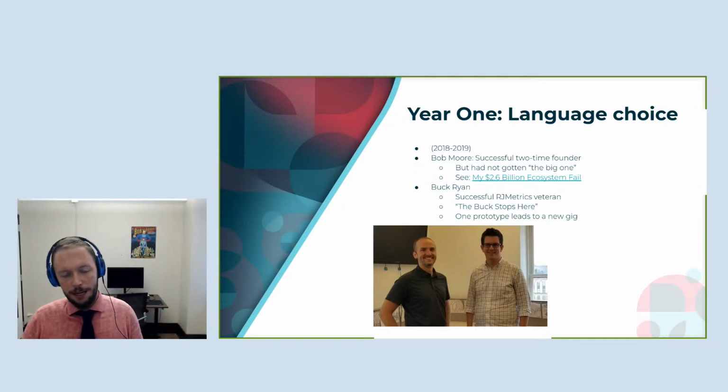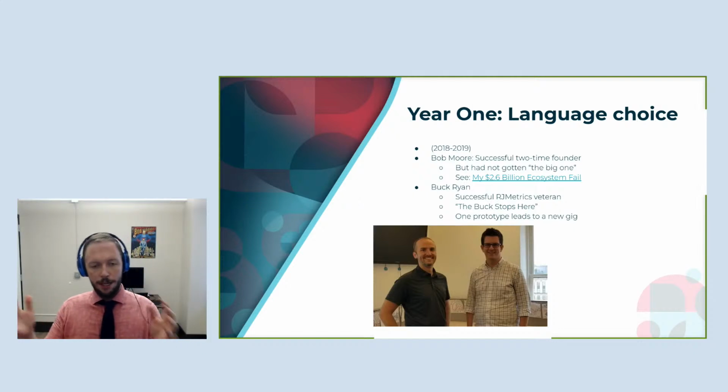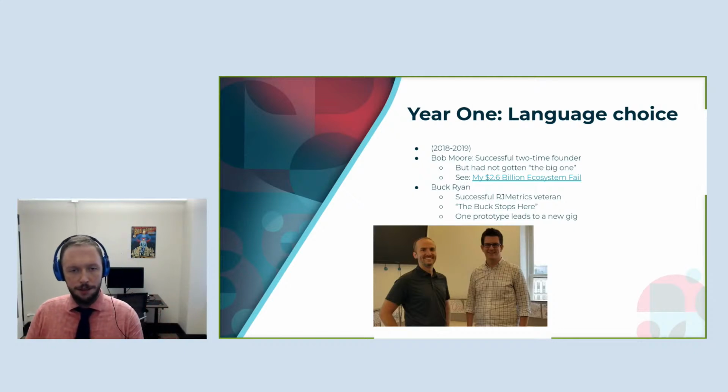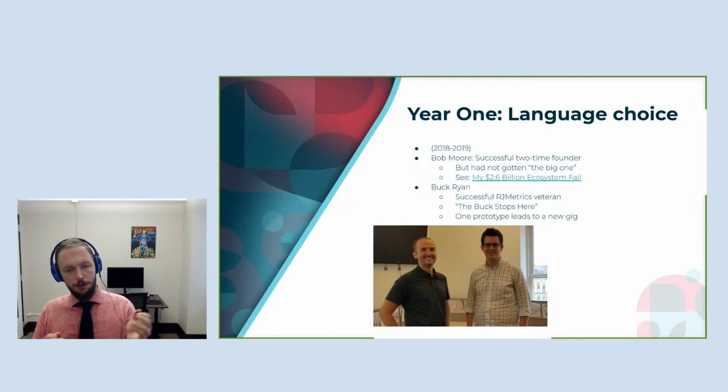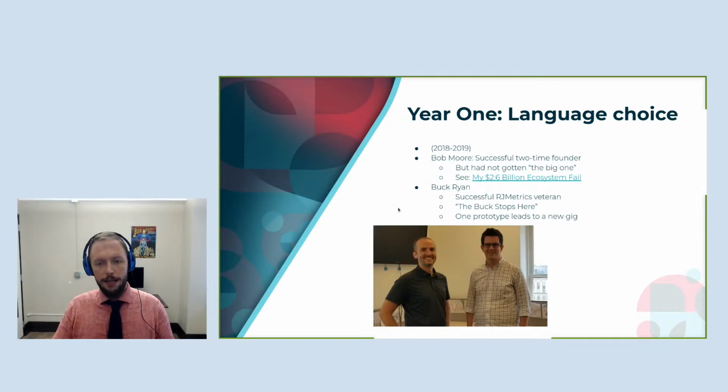Whereas here at Crossbeam, we have the point of view that ecosystem is everything, that the other companies that make your company more valuable matter a lot more, a much bigger effect than other things you might look at. And then you have, again, the CTO, who I mentioned, Buck, who had worked with Bob in previous ventures and was out on his own doing sort of some consulting. And he met Bob and agreed to essentially write this prototype for this Crossbeam idea that Bob had.